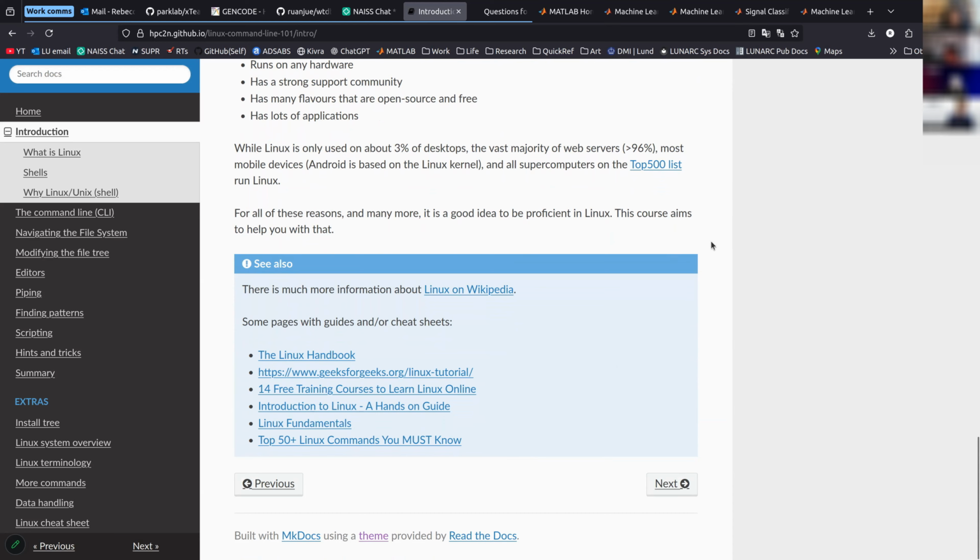So it's a good idea to be proficient in Linux, particularly if you're going to be using HPC clusters to do your research. There's also a lot more information on Linux on Wikipedia, and you can follow some of these extra guides and cheat sheets if you want to know a little bit more information. And with that, I will turn it back over